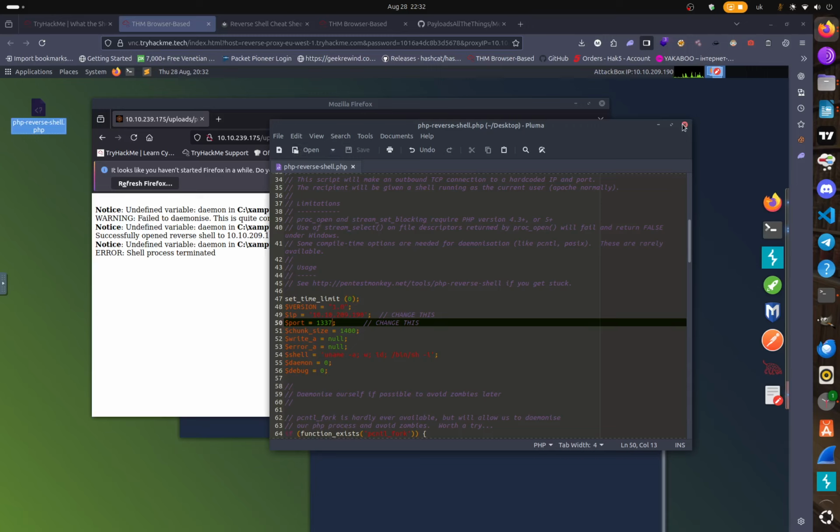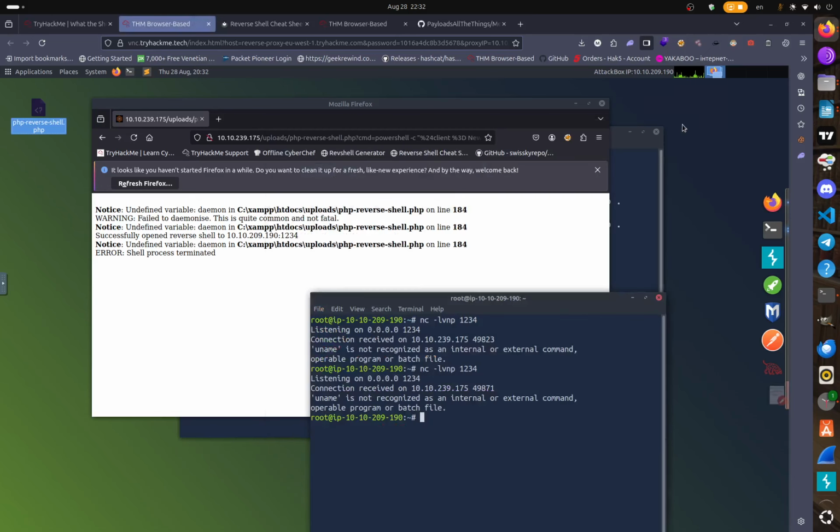We'll save that, and we will re-upload that to the Windows web server. So we'll actually rename this file to php-reverse-shell2, because this is the second PHP file that we've done. And then we will go back to the browser and